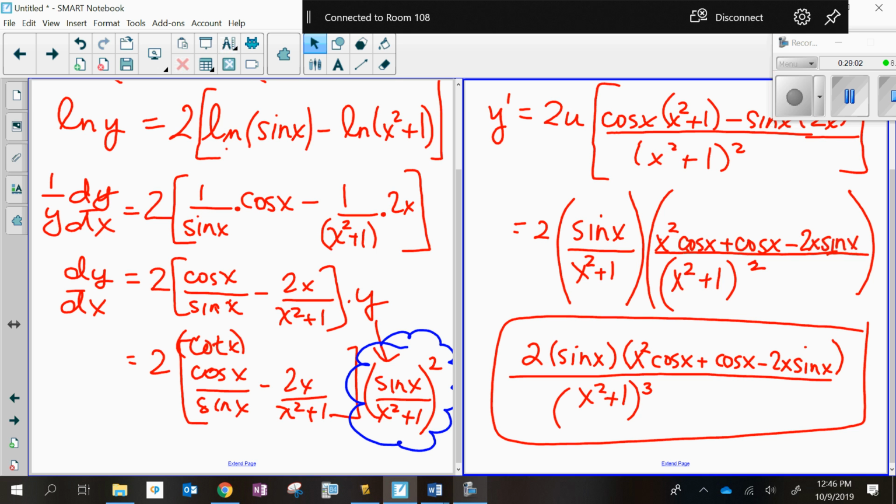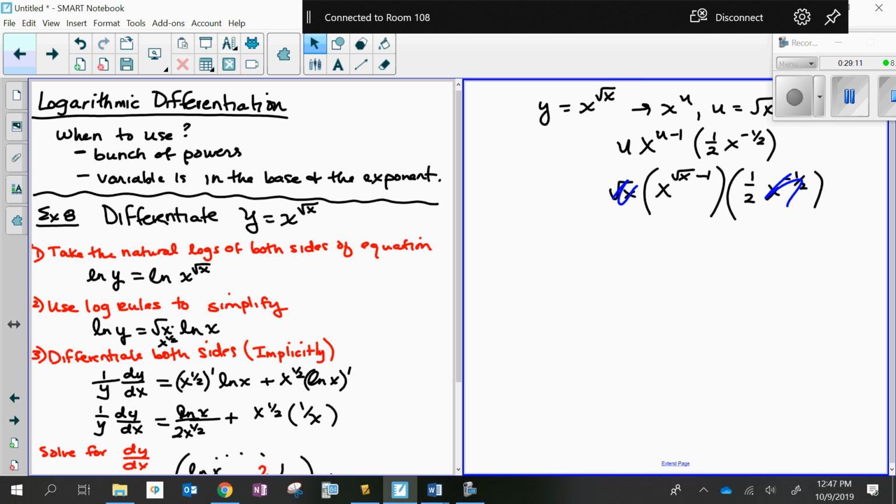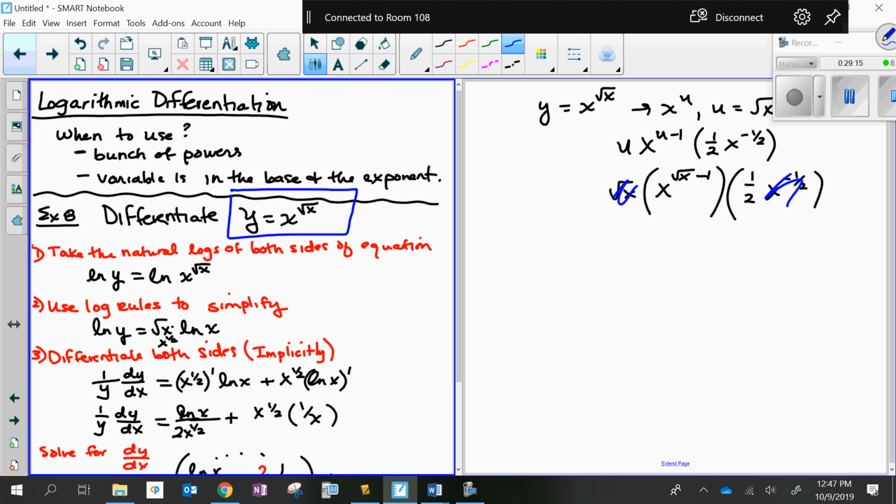But I think it's going to be more like this that you definitely want to use logarithmic differentiation, like with this guy right here. This is telltale logarithmic differentiation, when you've got your base and your exponent both being x's. When you look at it, it's pretty nutty. I think like if I get this, I can